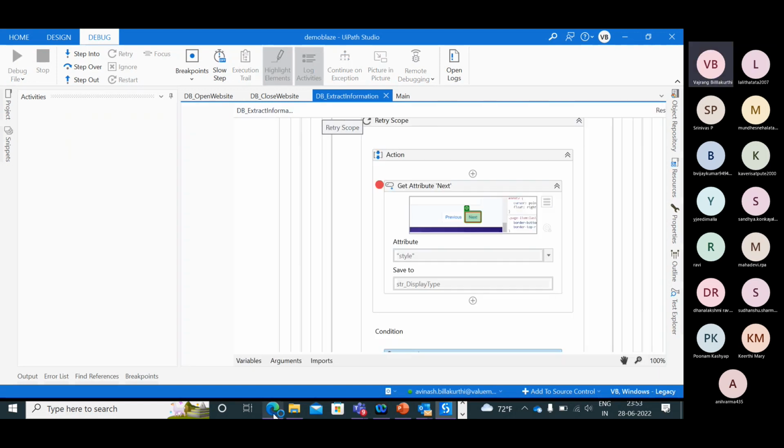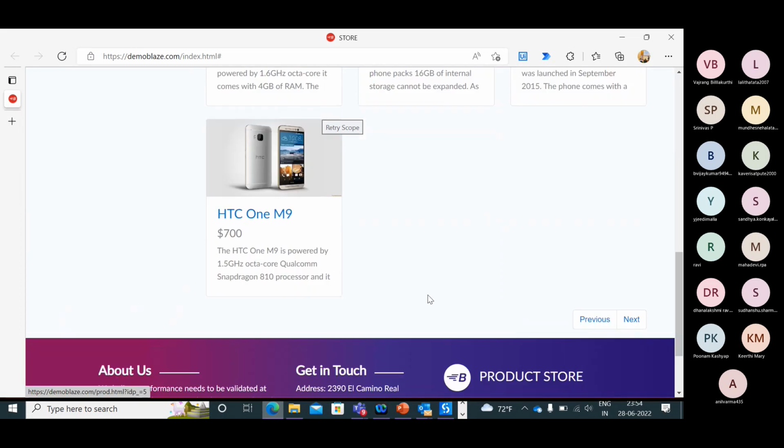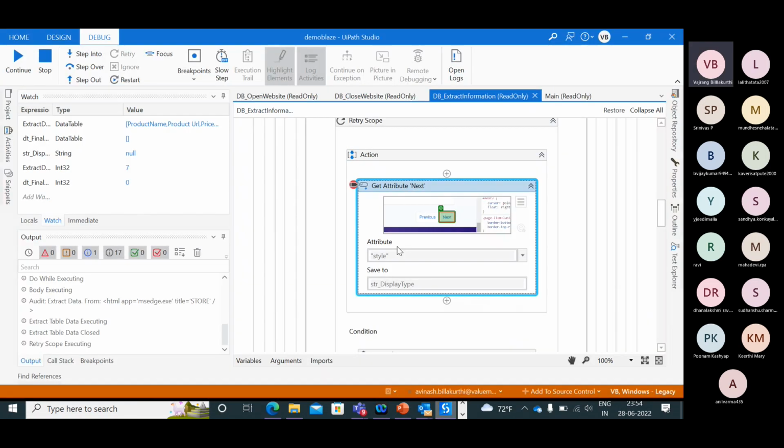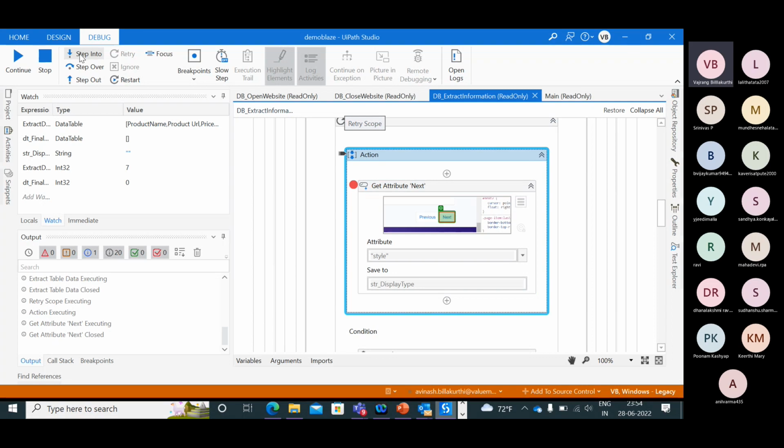Just retry it once more. So this is our page. Let's see. Okay, so style value empty.